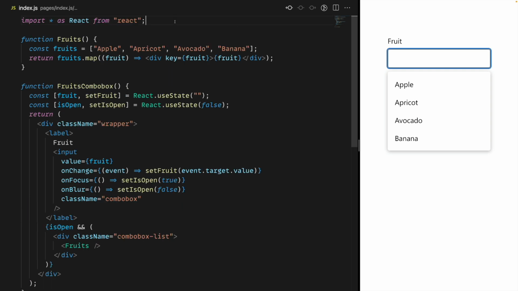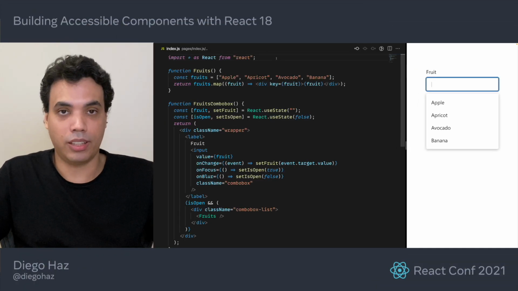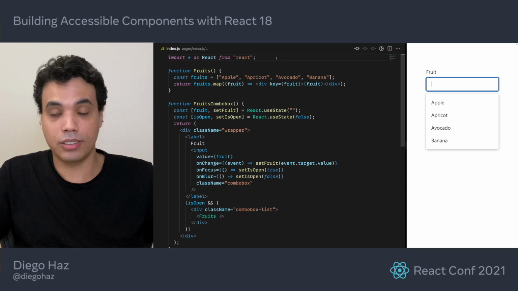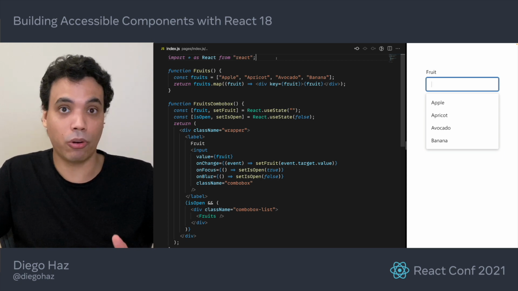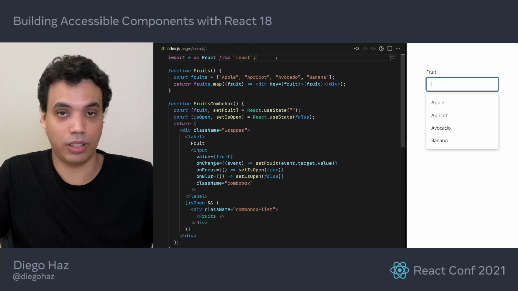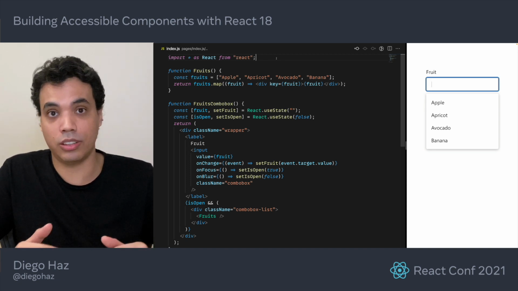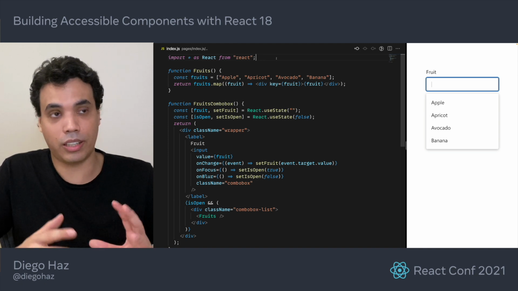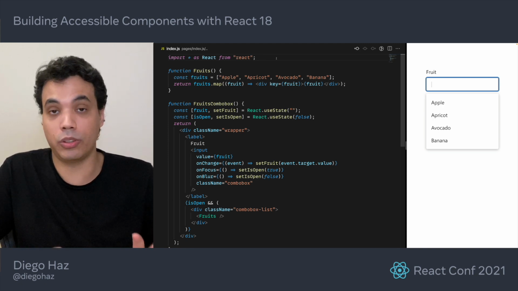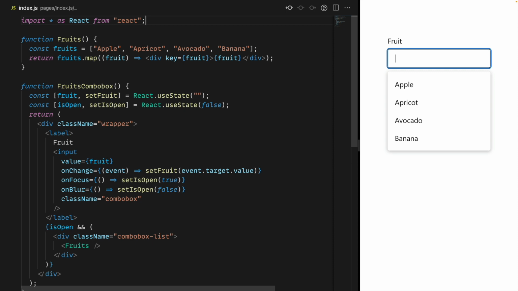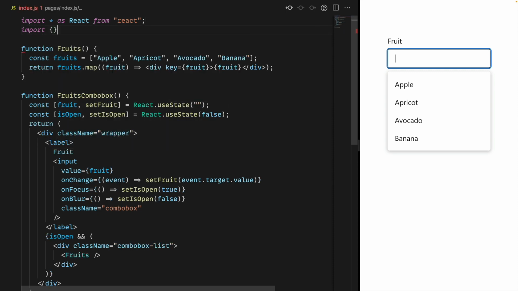Building a fully accessible combo box component may take a lot of time. I've gone through that process and it took me several months. So it's better to use a library for that. Here I'm going to use AriaKit, which allows me to easily turn any component into an accessible component without having to worry about styles, because I can just reuse my own styles, and I can even keep my current element structure. So I'm going to import from AriaKit